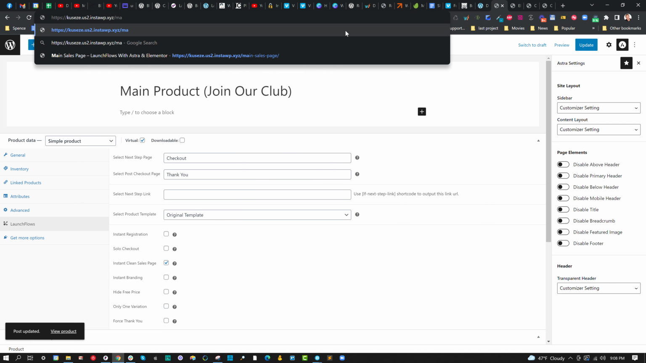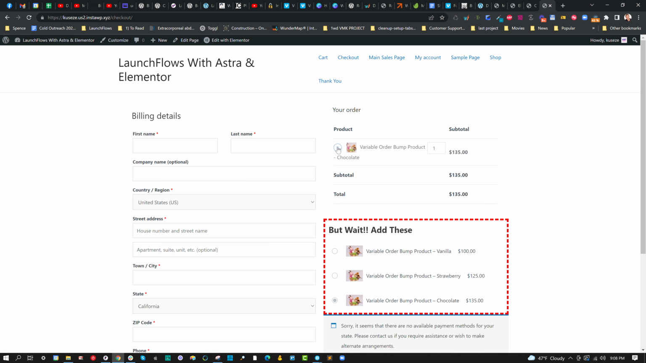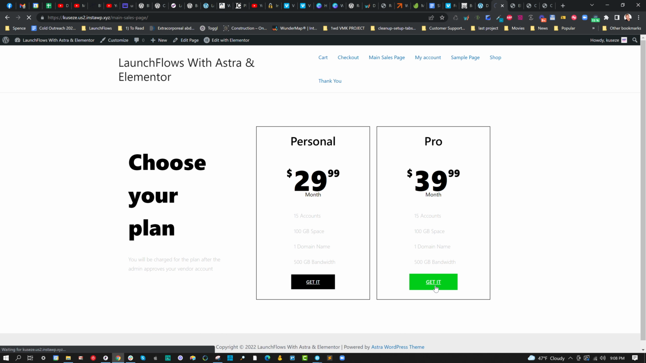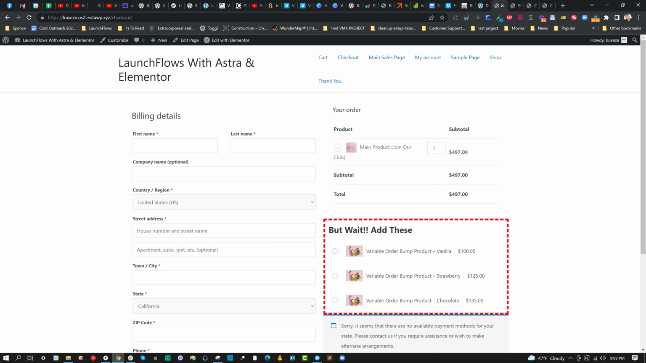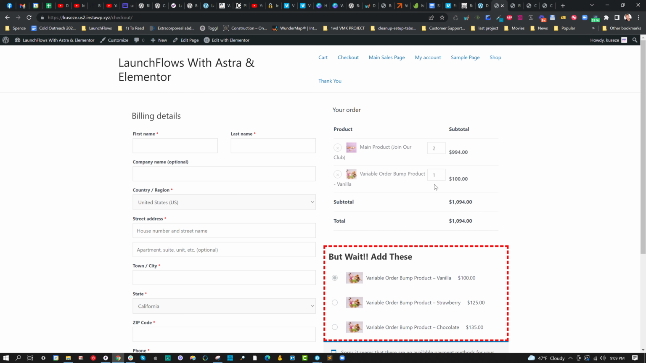So let's go now to our main sales page and do it one last time. We're going to clear out the cart so we know what we've got. Okay, start from scratch, main subscription product. It's in there, and let's get two of them, one for the kids. I'm going to add vanilla as an order bump, and notice those two are still there. Now, if I went back and switched these checkboxes and said you can have any variation, I can just fill the cart up,